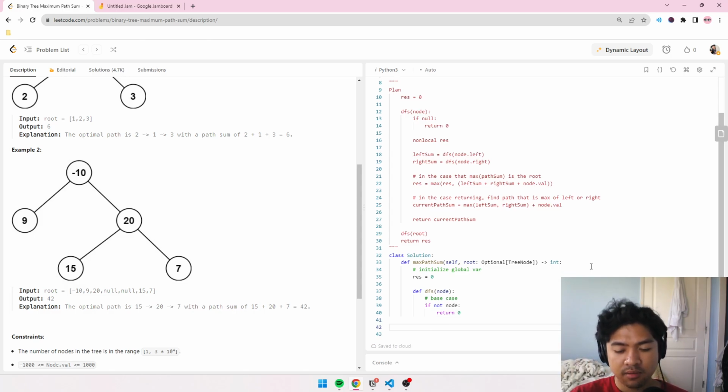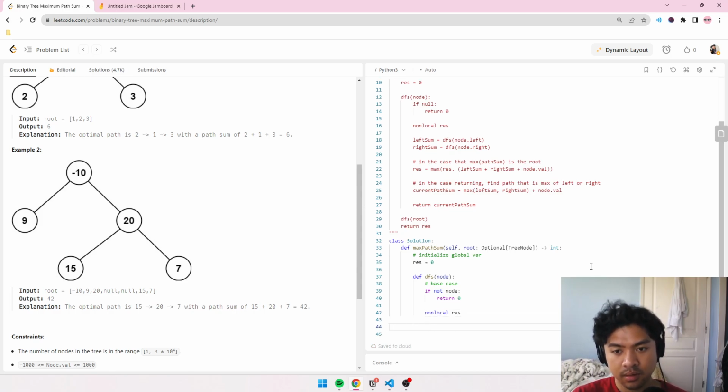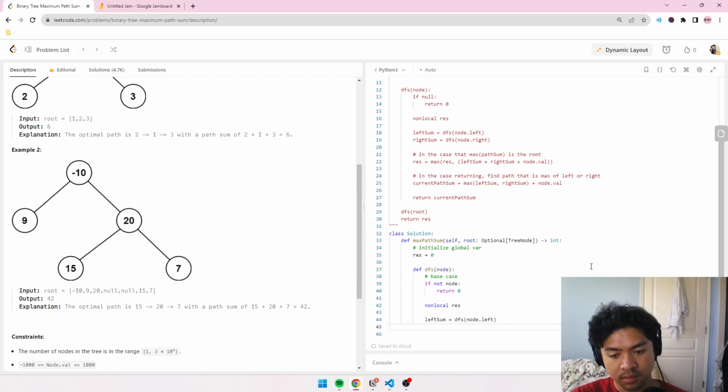Then we reference nonlocal res. Now we do recursion on the left and right part of the subtree. So left sum is equal to dfs of node.left, and right sum